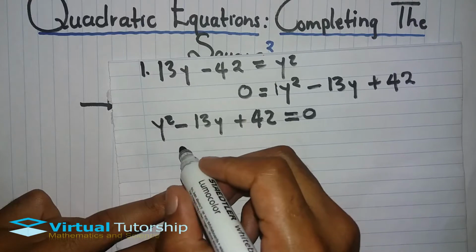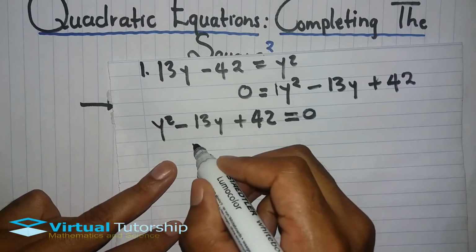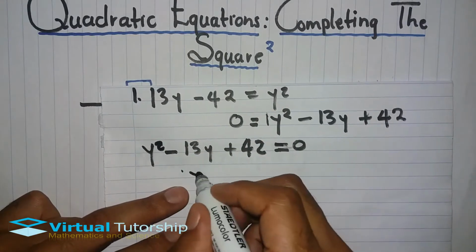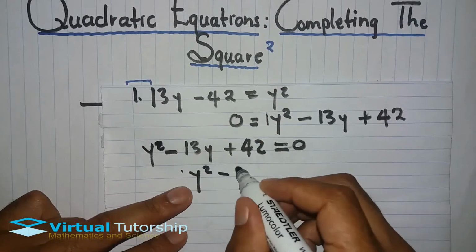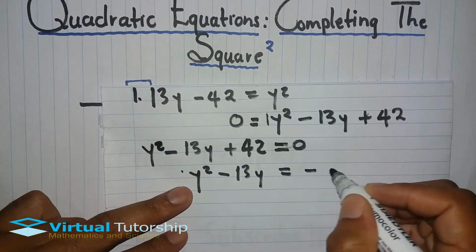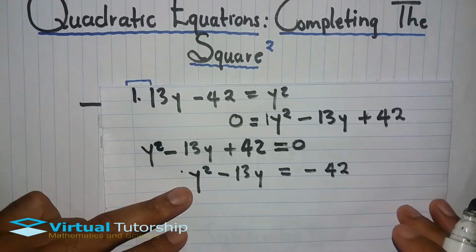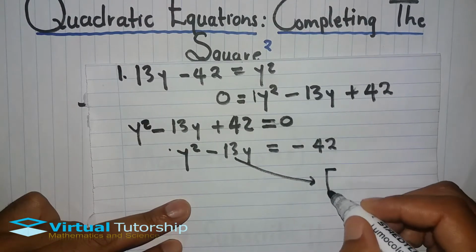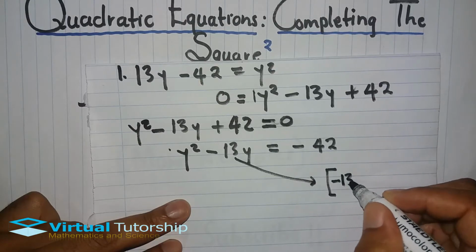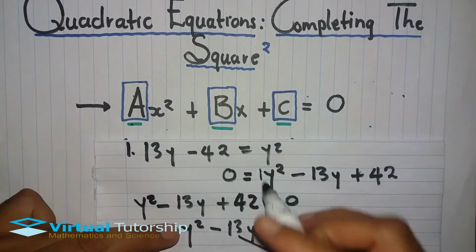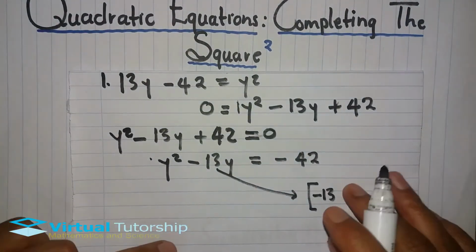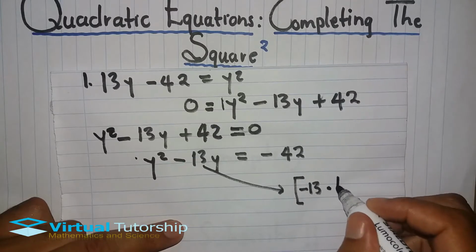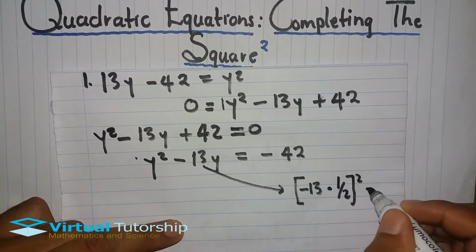So from here, I take this 42 and bring it to the other side, and I'm left with y squared minus 13y equal to minus 42. Then I take this value, minus 13. Remember this b value, we multiply by half, but make sure that when you take it, you take it with its sign. So it's minus 13 times half, all squared, is equal to,